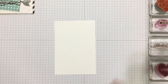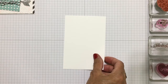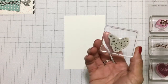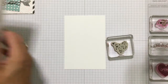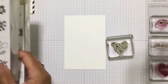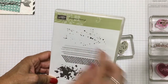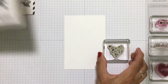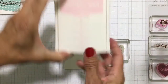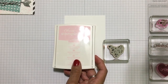I'm going to start with the front panel, which is basically a piece of Whisper White cardstock that I have cut to 3 3/4 inches by 5 1/2. And I'm using this splatter stamp from the Awesomely Artistic stamp set, but you could use any kind of splatter. You could use one from Gorgeous Grunge or any of the other ones that you might have from another set. And I'm going to combine it with some Pink Pirouette ink